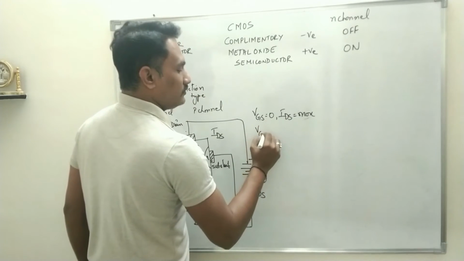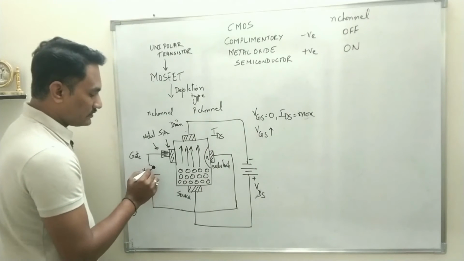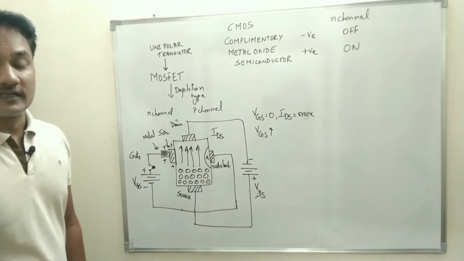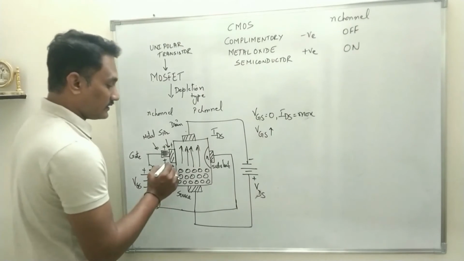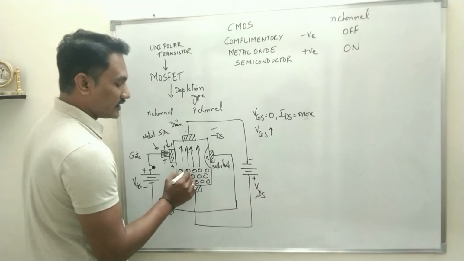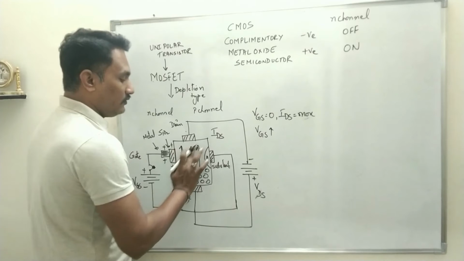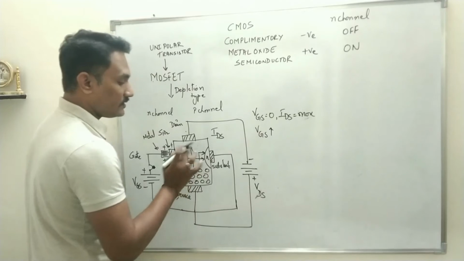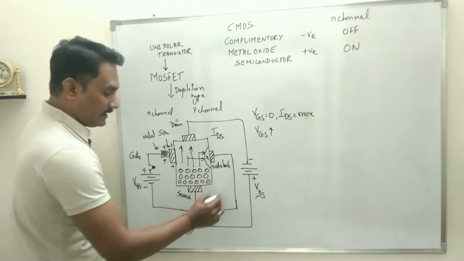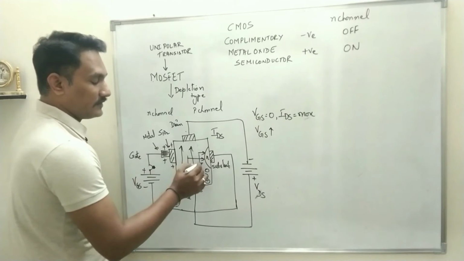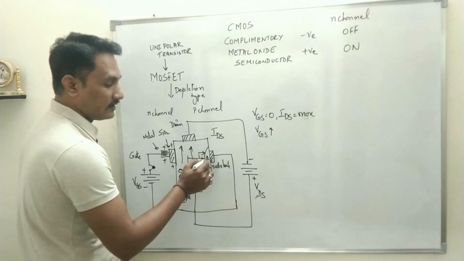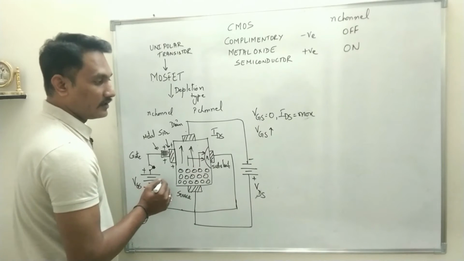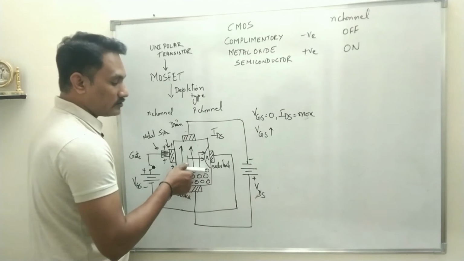When you start applying VGS, that means when you switch on, positive charge will accumulate around the capacitor formed by the metal oxide semiconductor. This positive charge will repel the holes which are moving from source to drain. So few of the holes, instead of moving towards the drain, will move towards the substrate. N is connected to negative, P connected to positive. That means this PN junction is forward biased, so holes will enter the N region and get attracted by the negative terminal of the battery. That means now not all the holes are moving towards the drain.